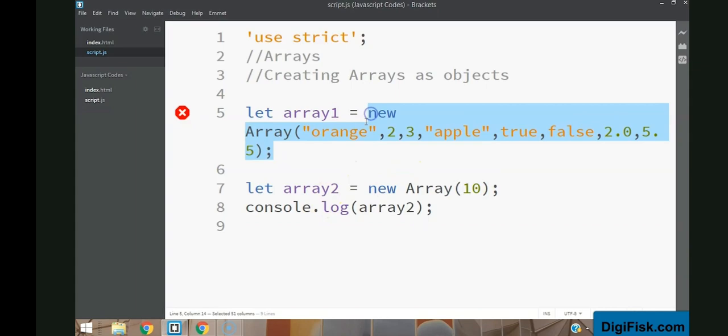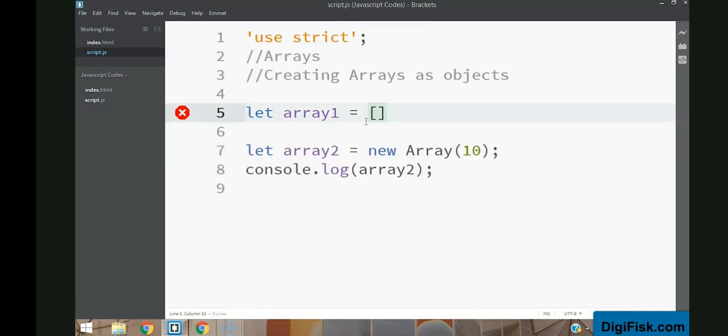Go for directly creating your element within your square brackets like this, and then end it with a semicolon like that. Okay, so as you already know,